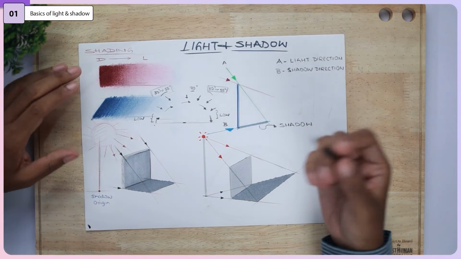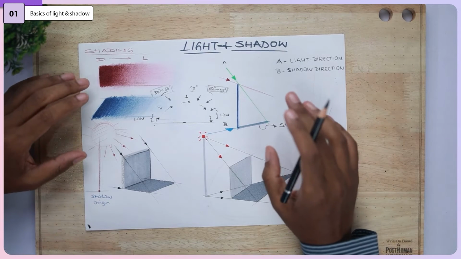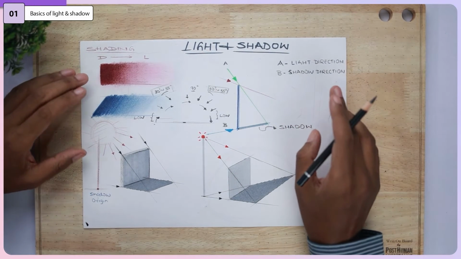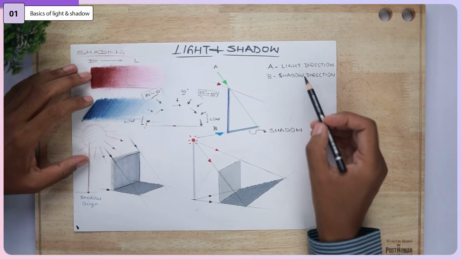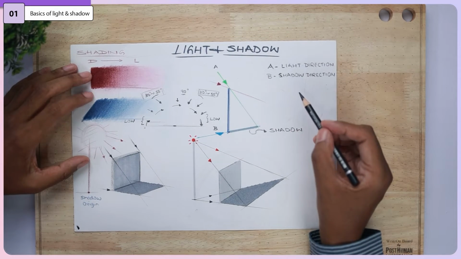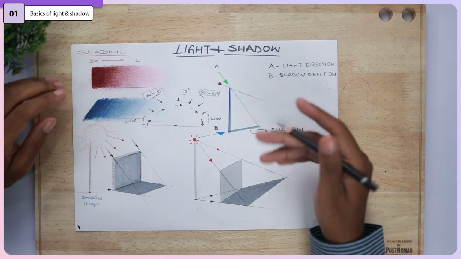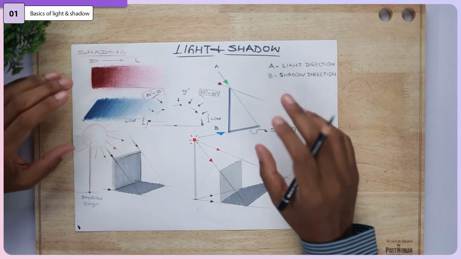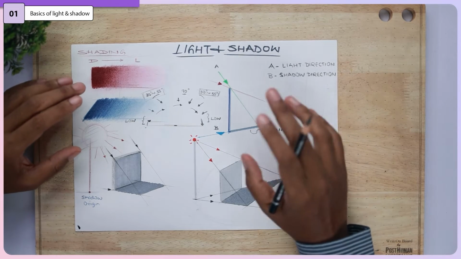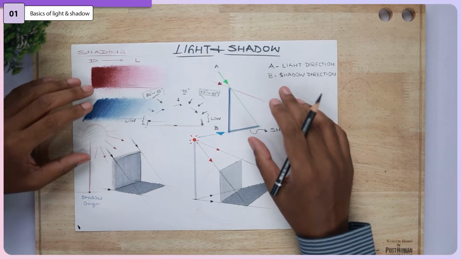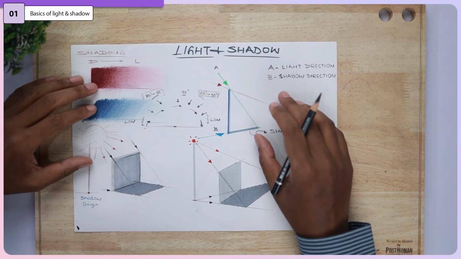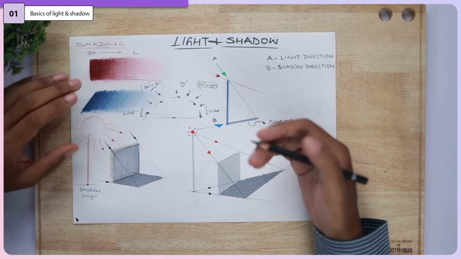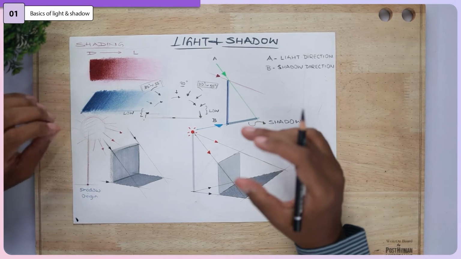For light and shadow, we need a few elements to create a shadow of anything, whether it is in 2D or in 3D shape. First of all, we have light direction and shadow direction. Here in particular, we're not going to talk about what kind of light we are talking about, natural light or local light. The theory of light and shadow applies to both scenarios. So let's look at how light and shadow affect the shadow of any object.